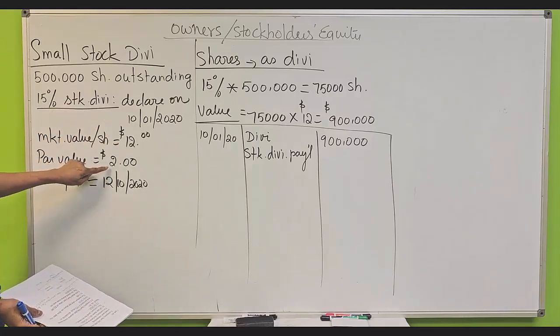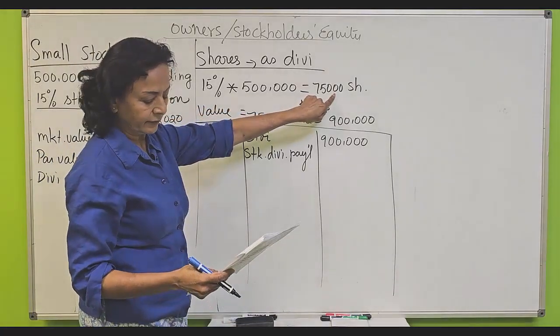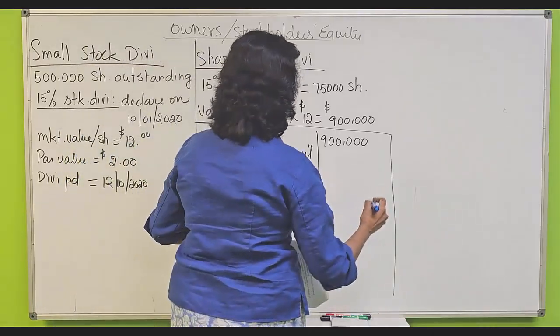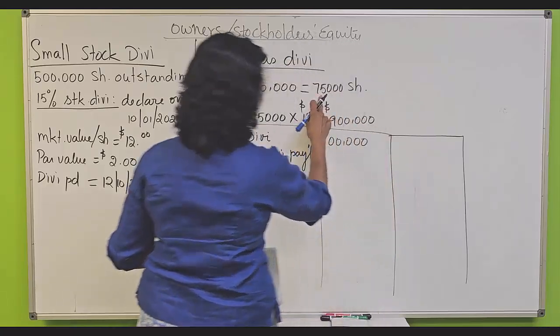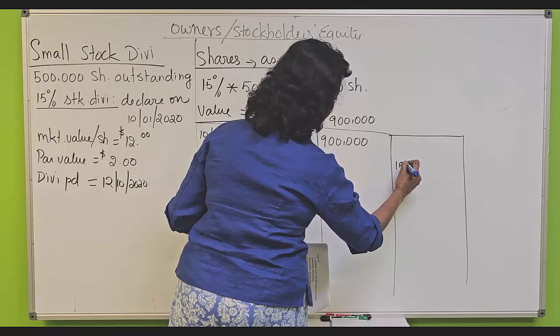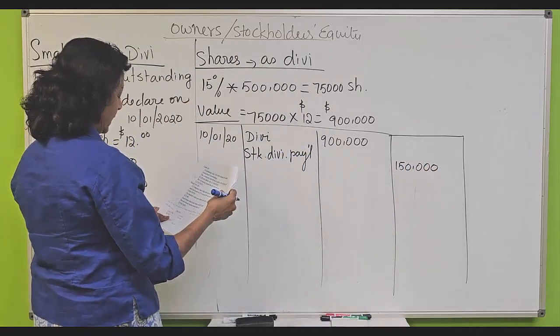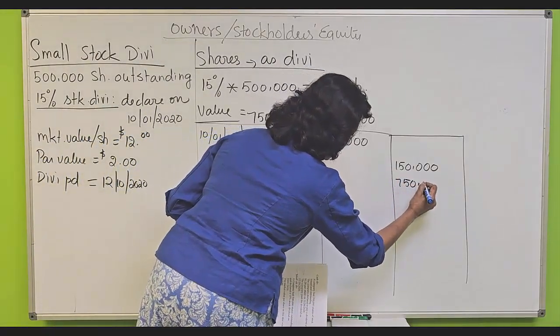So the par value is $2. Total shares coming out is 75,000. So here the stock dividend payable, you credit it for 75,000 times $2 par value, $150,000. And the remaining $750,000 goes to